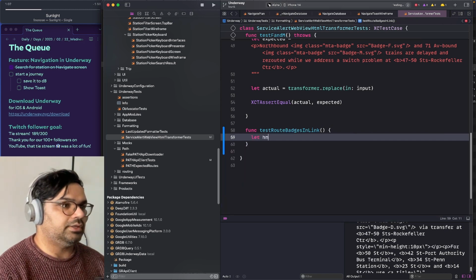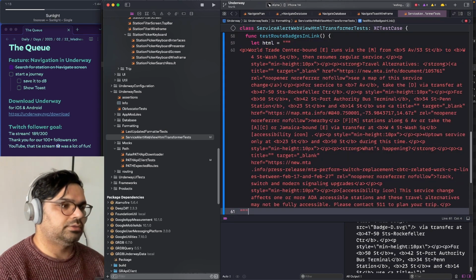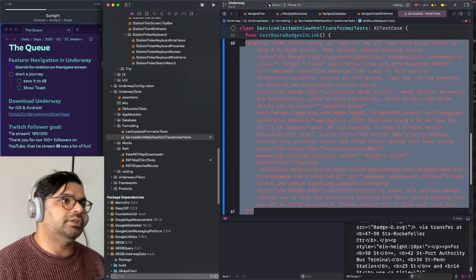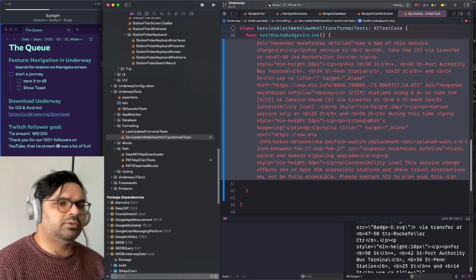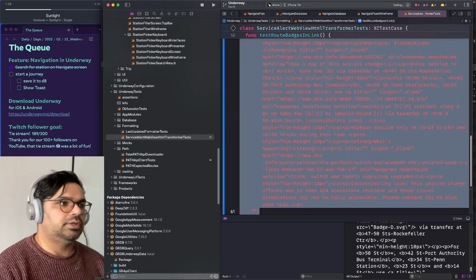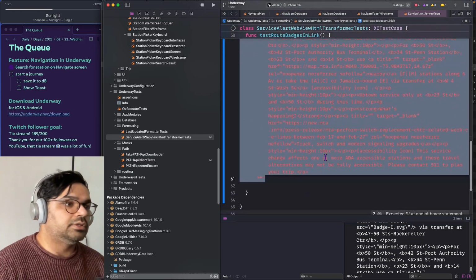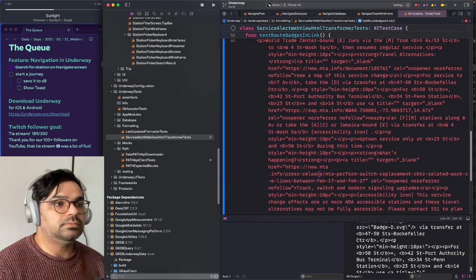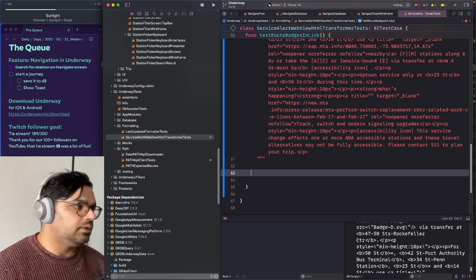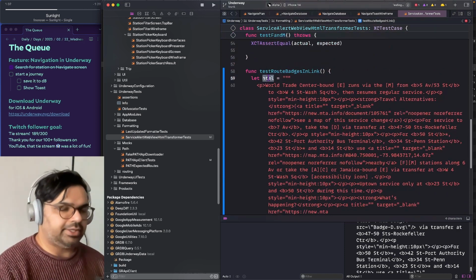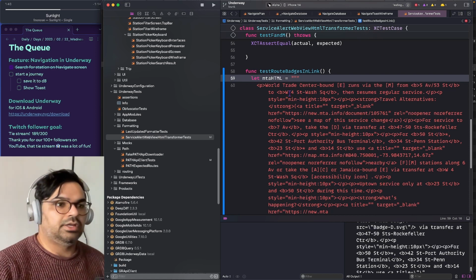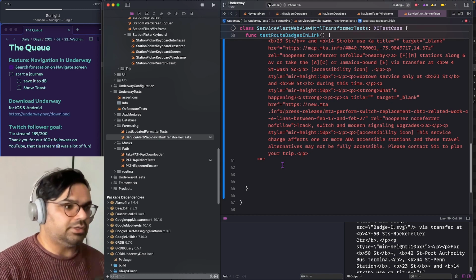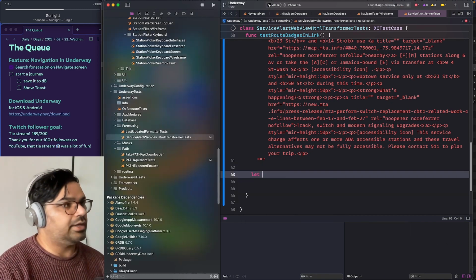Let HTML equals this. Oops, want to do 3. And let's indent that one or two more. Am I pushing the wrong button? I am. Tab. There we go. So I guess I'll say this is MTA HTML. I would never write something like this. Let expected